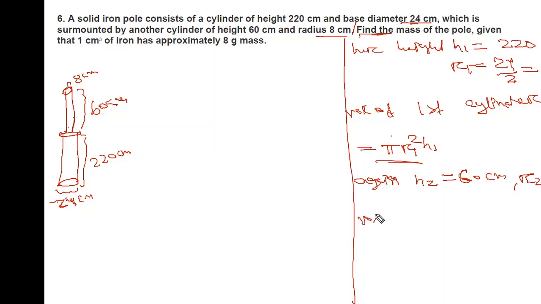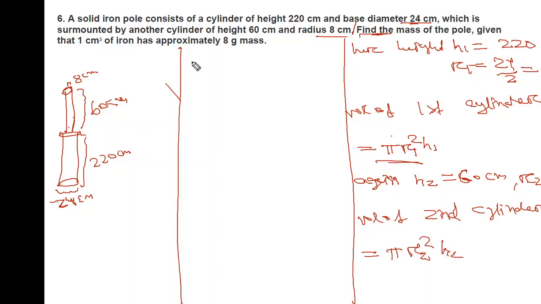So volume of second cylinder is equal to the same, pi r2 square h2. So total volume you can find, total volume will be equal to pi r1 square h1 plus pi r2 square h2, which will be equal to,